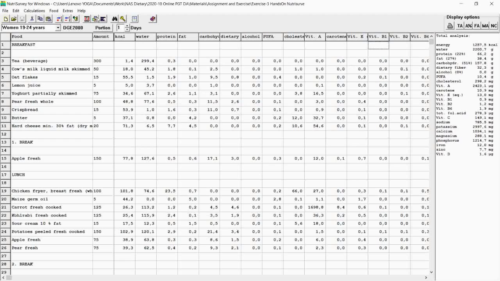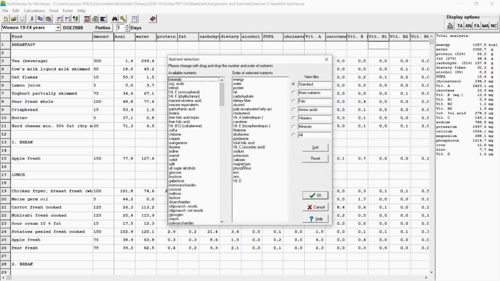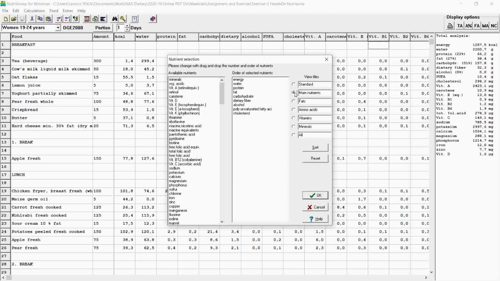The other thing we can see from this shortcut function is the nutrient selection. This is to select what type of nutrient will show in the analysis box. So in here, this is the default one, the standard. You can choose the main nutrient if you would like to focus more on macronutrient, or maybe you would like to focus on vitamins.